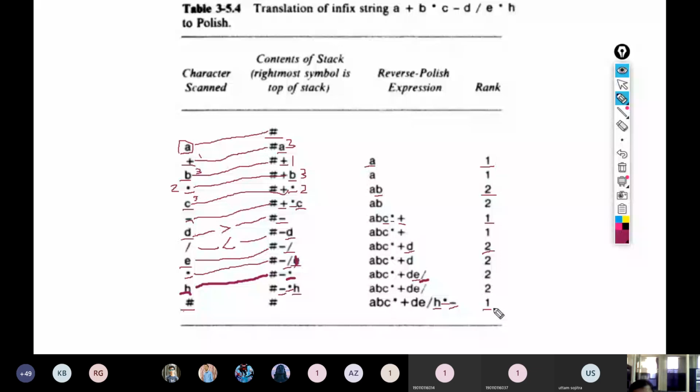Okay, so this is the example, and in the exam also you may be given this type of expression, a plus b. If you are given this type of arithmetic expression, the question may ask you to convert it to the postfix expression and show the stack contents. So in that you have to draw this table, and demonstrate all these steps.